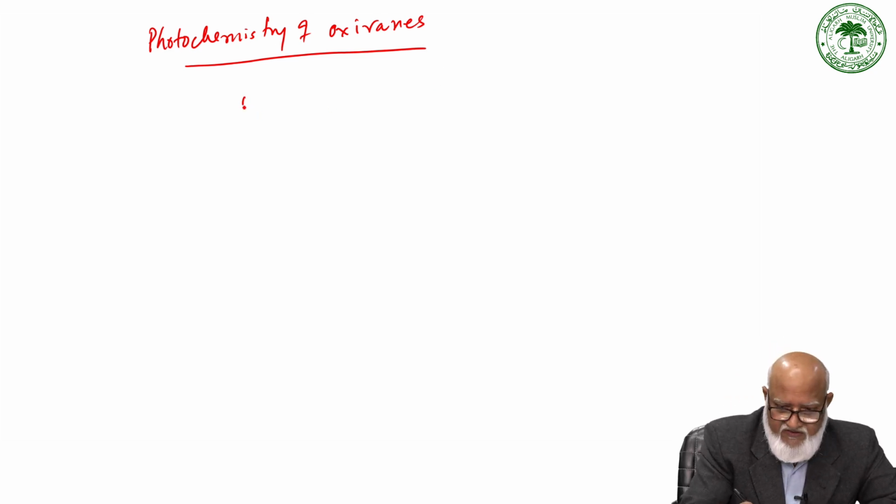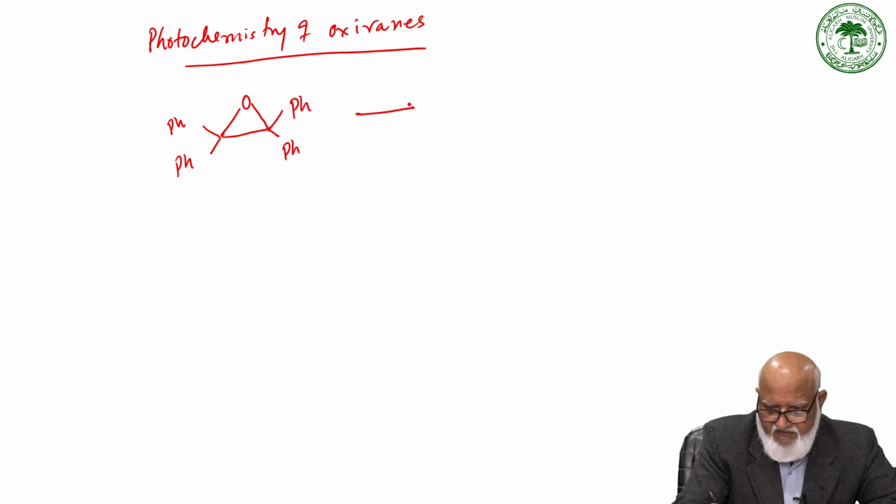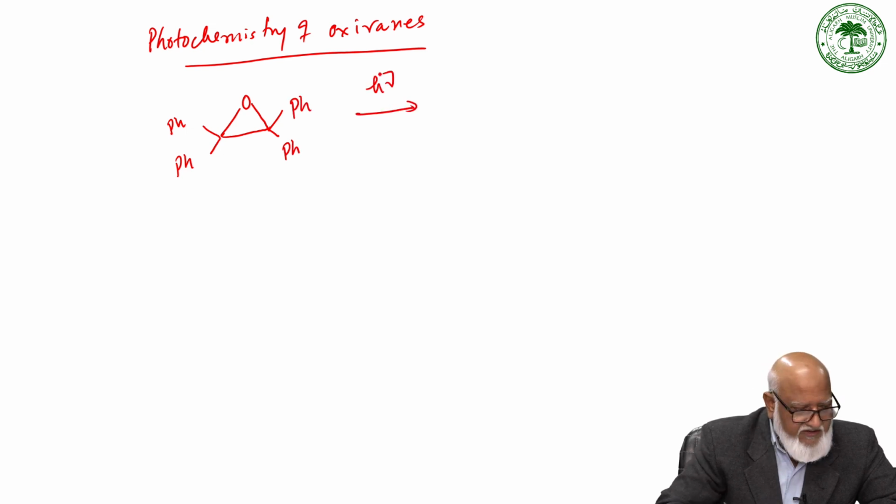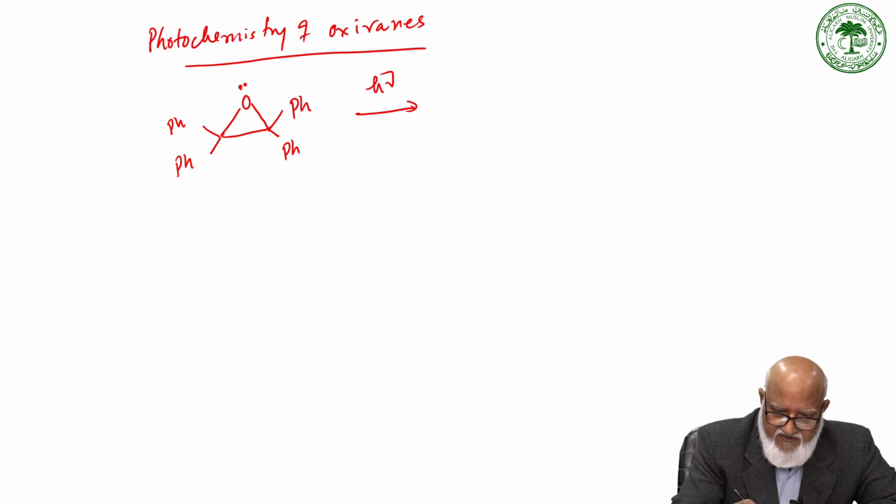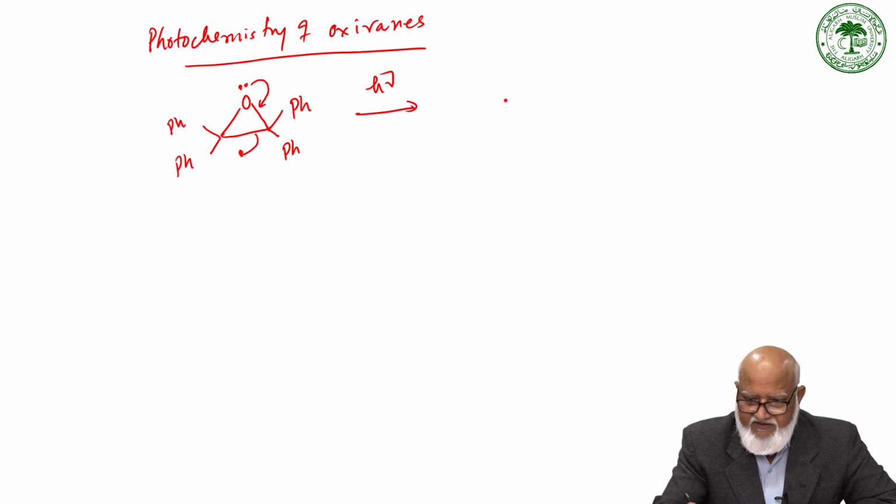So if we have a system like this, tetraphenyl oxirane, under photolytic conditions it undergoes ring opening like this to give